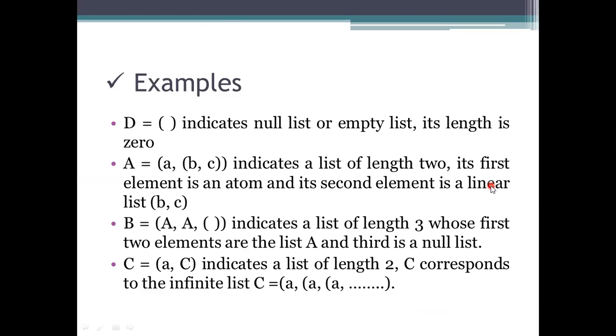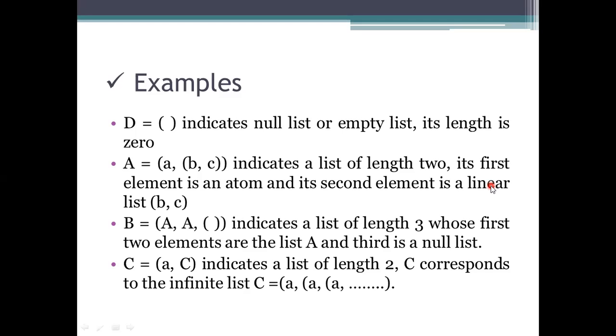The generalized list means basically we will store the list in the form of atoms, or it itself consists of a linear list. These are the examples we are having. We may say that a list can consist of the empty list also, meaning there are no items in it. Later we can add atoms to it. The length of the empty list is taken as 0.